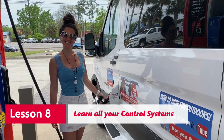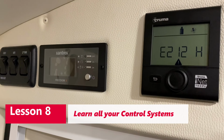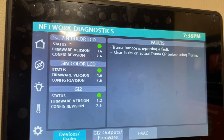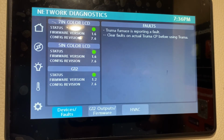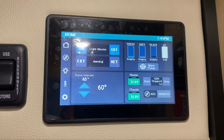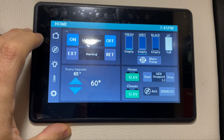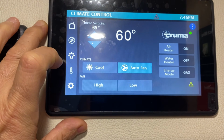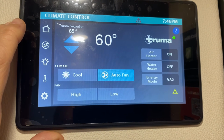Okay, so lesson number 8 is learn your control systems, especially when you're new to your RV. In today's technology with inverters, generators, lithium, solar, you name it, it's really good to spend a little extra time, more than normal, reading your manuals and understanding how it works, and that's going to help you out a lot and get started much quicker. With us, the walkthrough just was not enough. We felt like we were always trying to learn this thing. After a couple of weeks, you end up being a pro and you're very comfortable with the flat screen and all your controllers. But the first couple of weeks are tough. So I think the more you can learn up front, the better off you will be